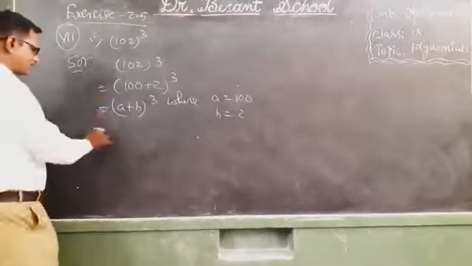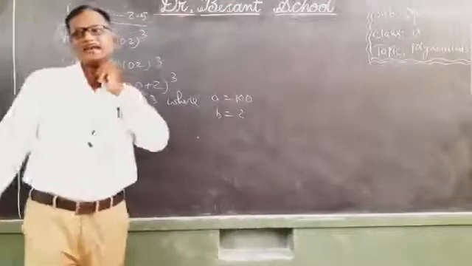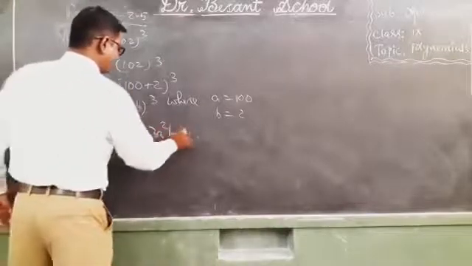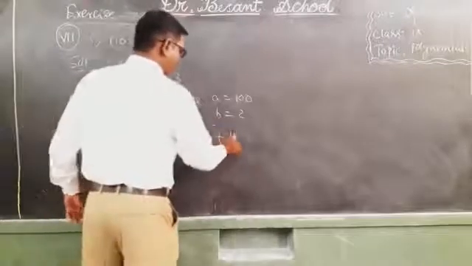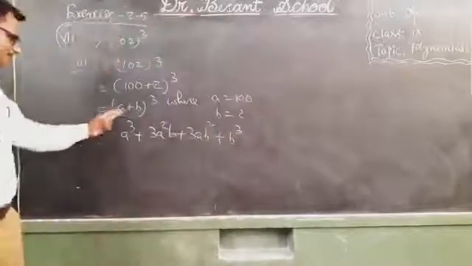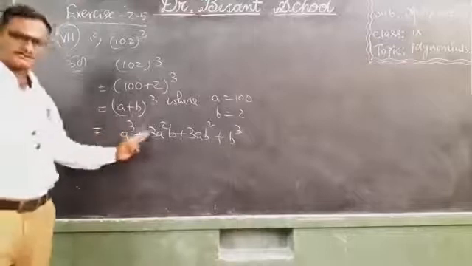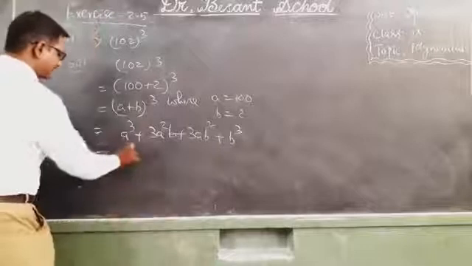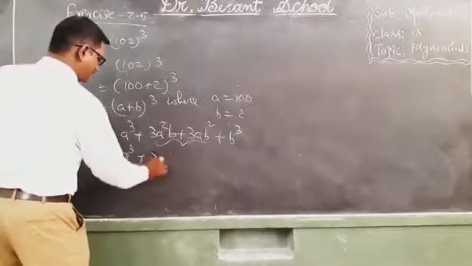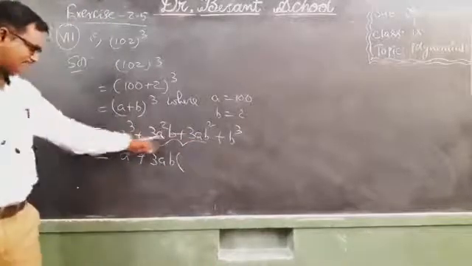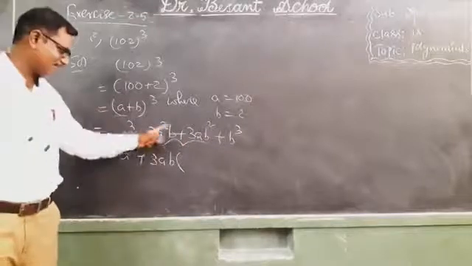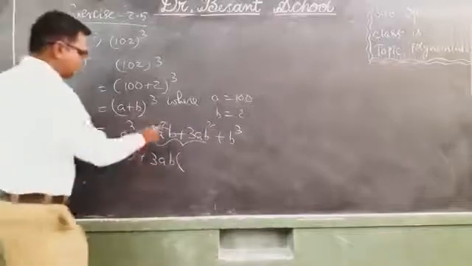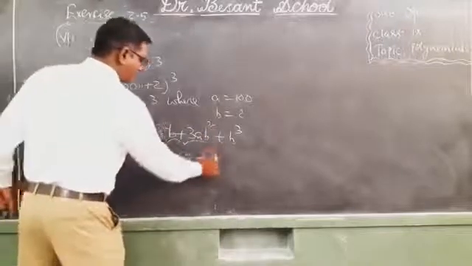So we have the formula for (a plus b) whole cube. Did you remember? a cube plus 3a square b plus 3ab square plus b cube. Children, speak out. (a plus b) whole cube is equal to a cube plus 3a square b plus 3ab square plus b cube. This also can be expressed as a cube plus, from these two take 3ab as a common term. 3 is there. I have taken out as common. a square, a. 1a I have taken out as common. b square, 1b I have taken out as common. Still a square means 1a is there, plus b square means 1b is there.